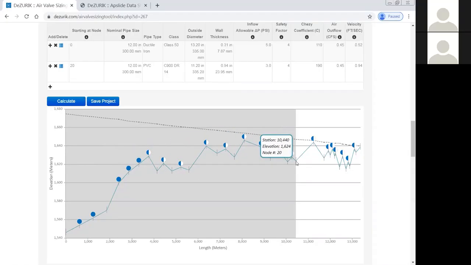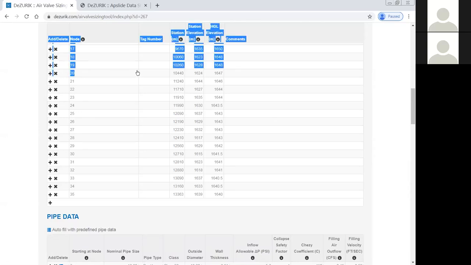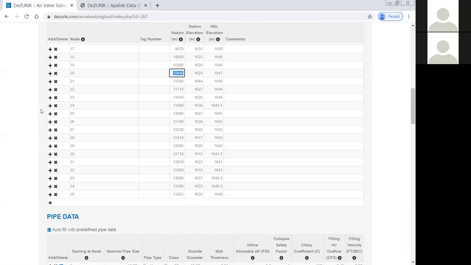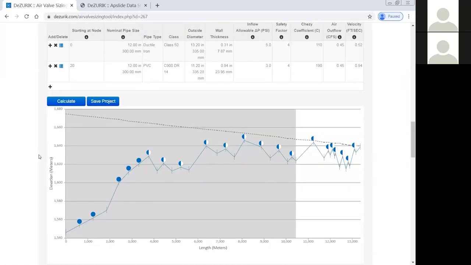So this is at node 20. And to show you what I mean, back up here, it's at node 20. It's right here. So, oops, I guess I can't highlight it. But anyway, it's at node 20. So it helps you to tie it back to the input data that you gave. You'll notice that because ductile iron is rigid,